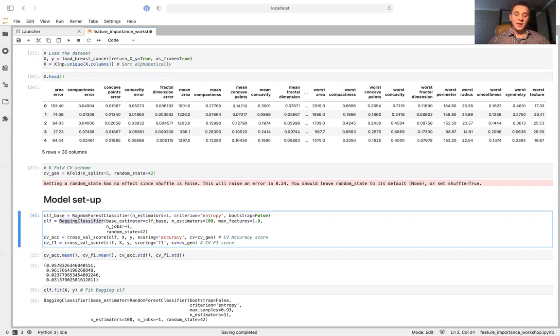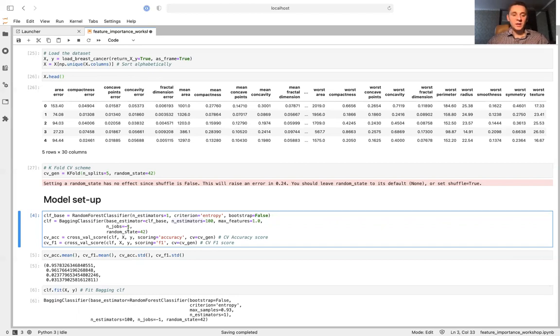And we will set up the bagging classifier on top of our random forest classifier with number of estimators equal to 100, max features equal to 1, and random state equal to 42. So in this case, we fix our random state